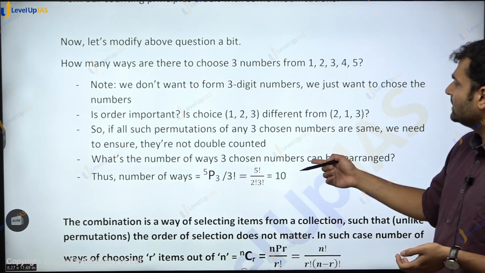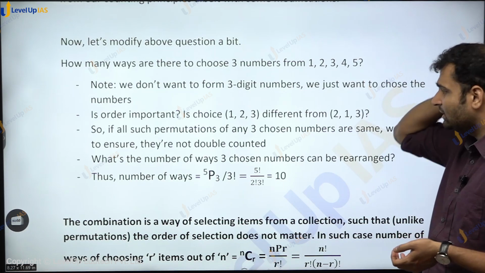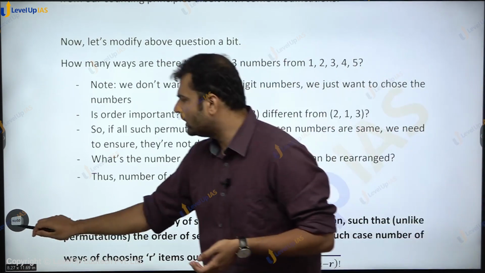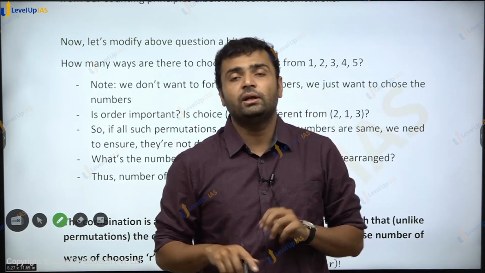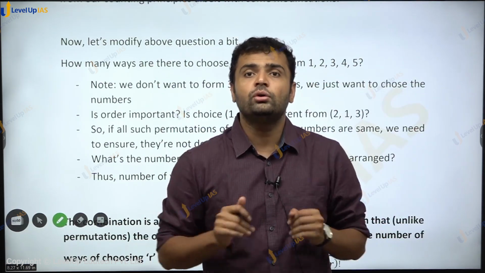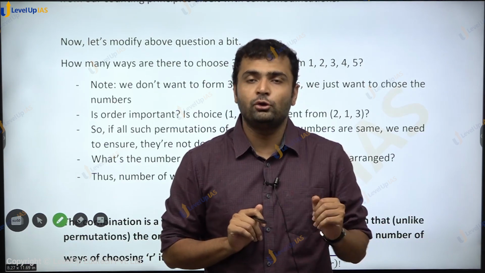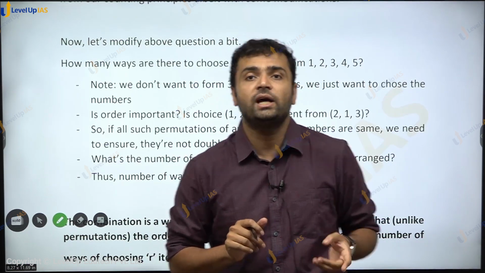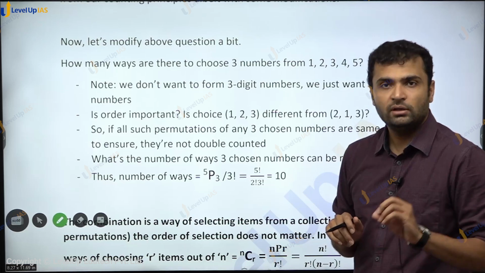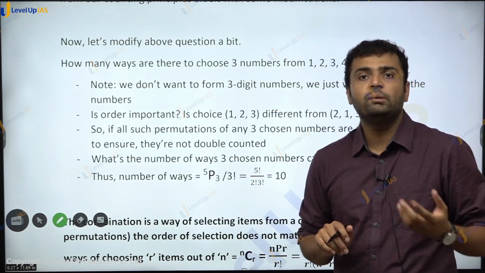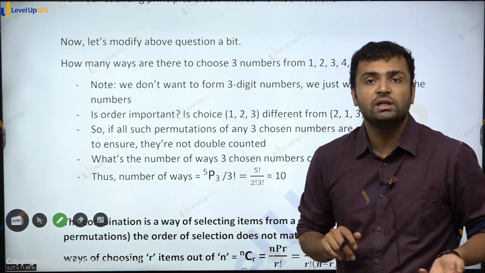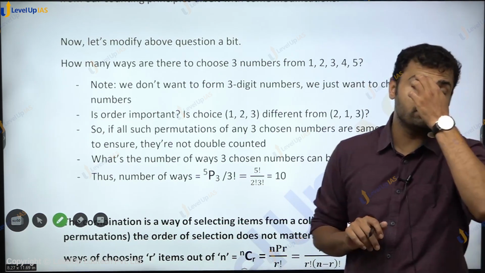So the number of ways 3 chosen numbers can be rearranged, वो हटाने पड़ेंगे. जैसे हमने anagrams में किया था कि whenever there were repetition of digits, we used to divide by some factorial, ताकि rearrangement सारे हट जाए और बस unique choice मिल जाए हमें. M1 M2 सेम है मुंबई में, तो 2 factorial से डिवाइड करो. अगर 3 times E है तो 3 factorial से डिवाइड करो, so that all those rearrangements should be counted only